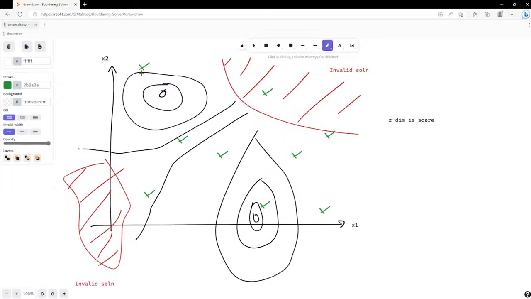And then for each point, follow gradient descent. So that one would go there, this one would go there, this one would go there. Let's just say for the sake of argument that this tends that way and then dies. This one goes there, right? Maybe that one dies and then this one just dies immediately. So that's another idea. Now, if we're going to do random probing or even uniform probing like this,